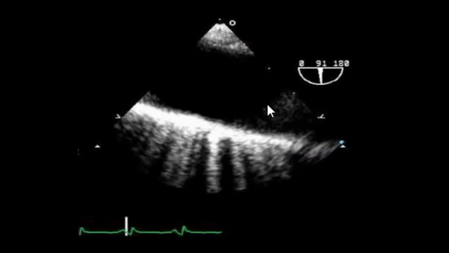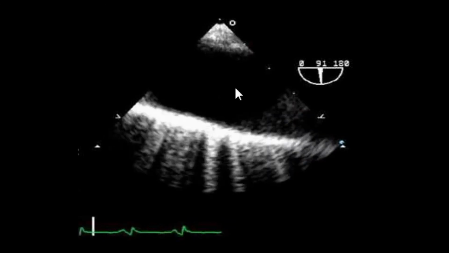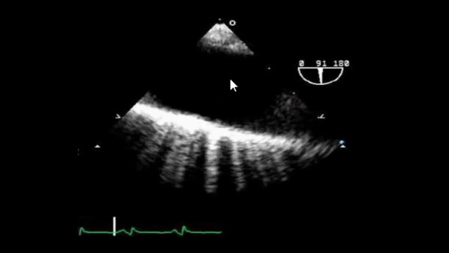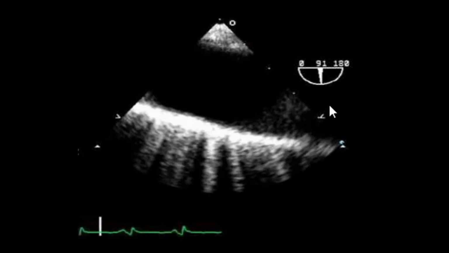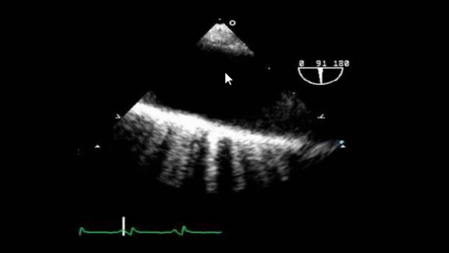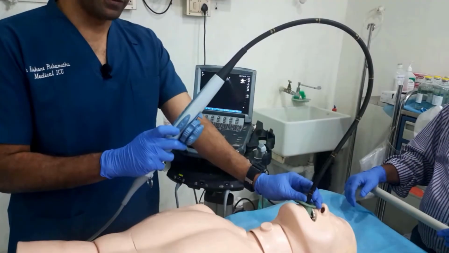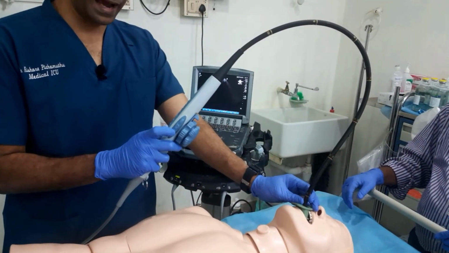This is just a descending aorta. So this is useful to look at aortic pathology, to try and diagnose a dissection. And it's also useful to position an intra-aortic balloon pump catheter. After we have seen the descending aorta in the long axis,